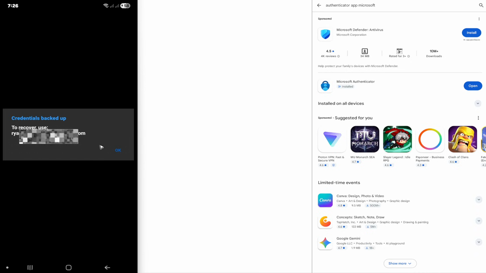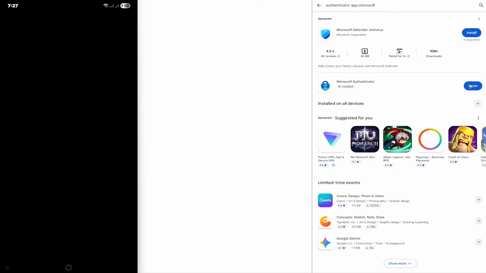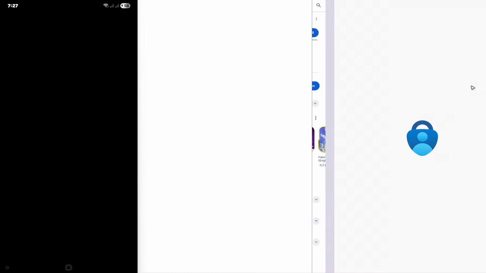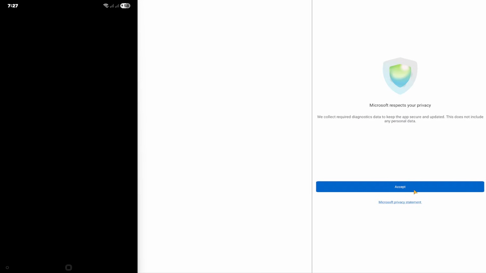email. Now to recover your credentials or codes, use this email, okay? So this email right here is going to be used to log in right here in the new phone. So just tap on OK, and then once done, open up the new phone's Microsoft Authenticator, and then hit on